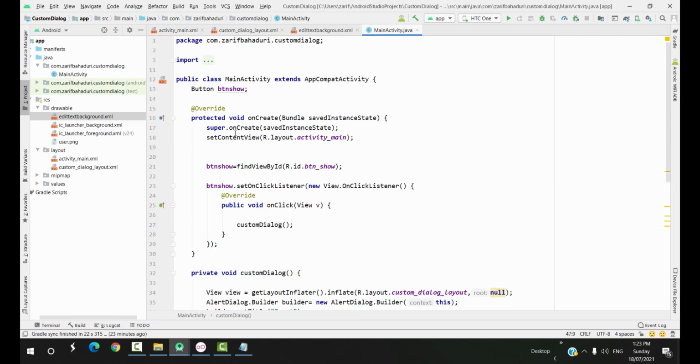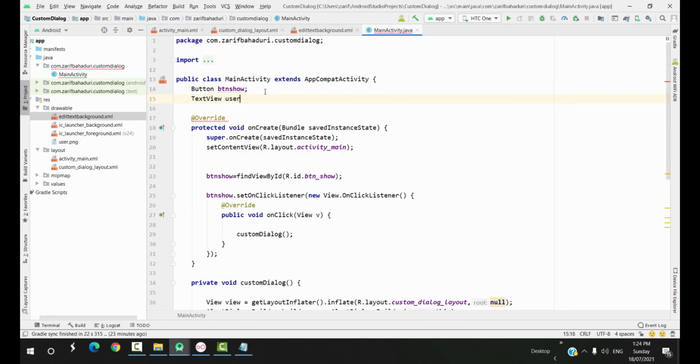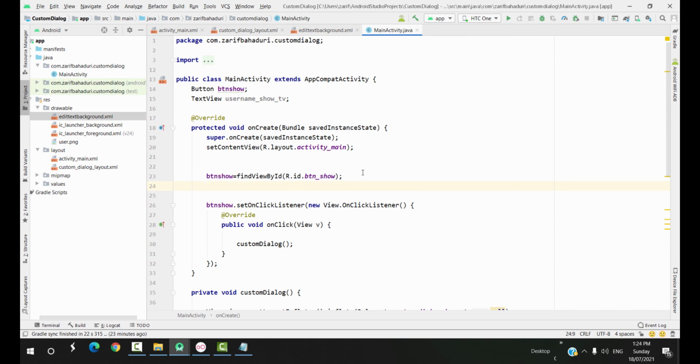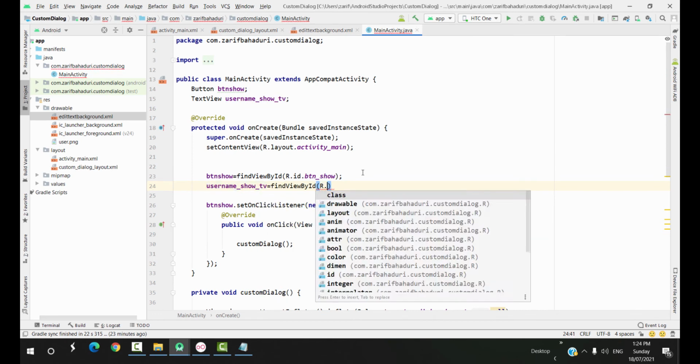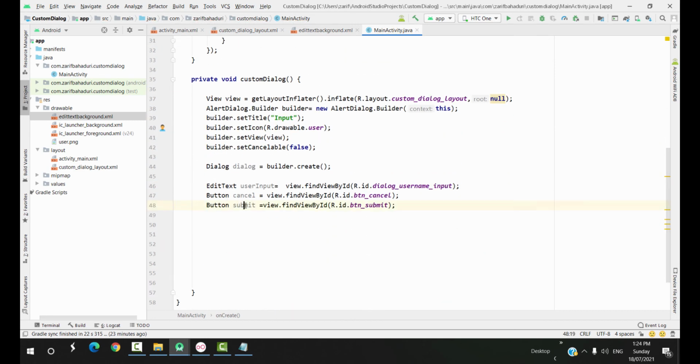I will come here and have another text view which is username_show_text_view, or TV. And I need to typecast that same as I have done for the button show. So user is equal to findViewById R.id.user_show_TV. That's it, guys. Now, when I click this submit button,